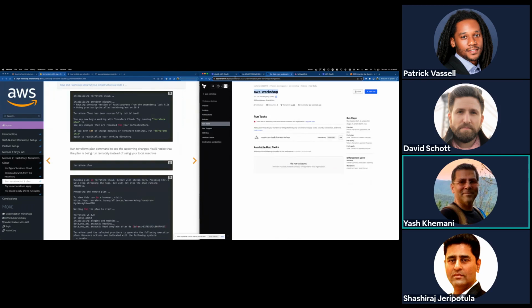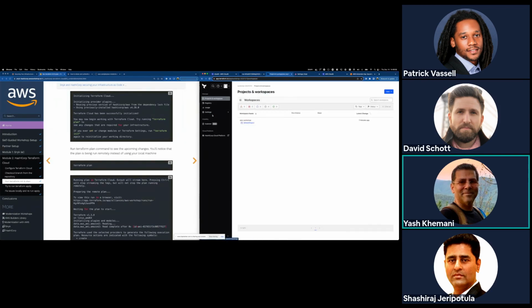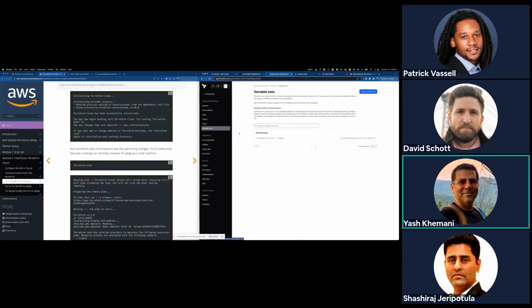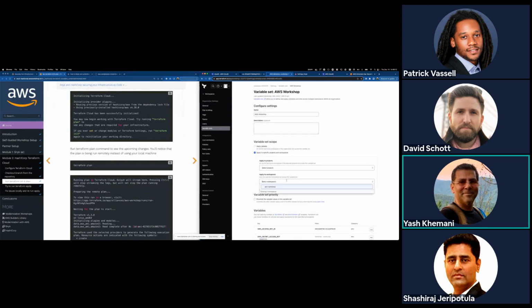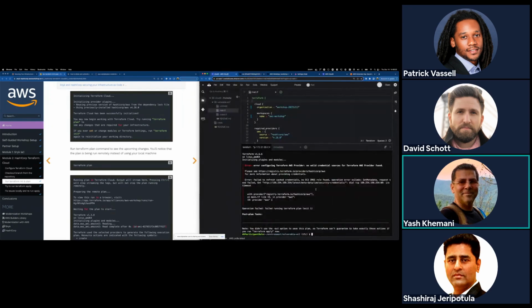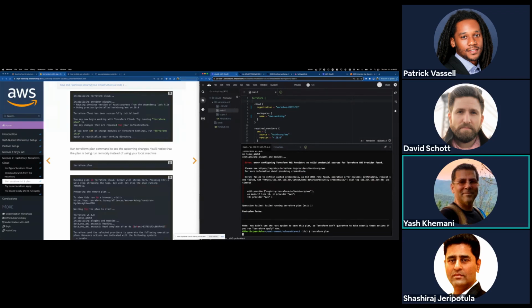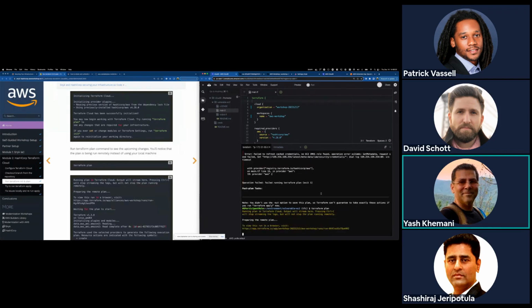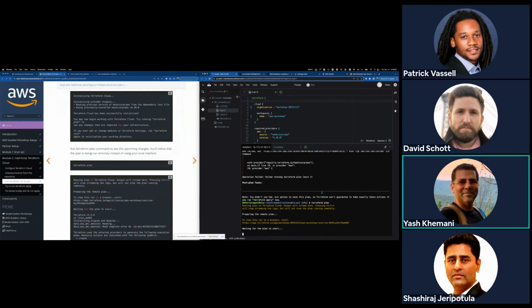Let me go back to my variable set, and I'm going to apply it to this AWS Workshop workspace. And let me go and do my Terraform plan one more time. Well, you can set a variable set to apply globally.